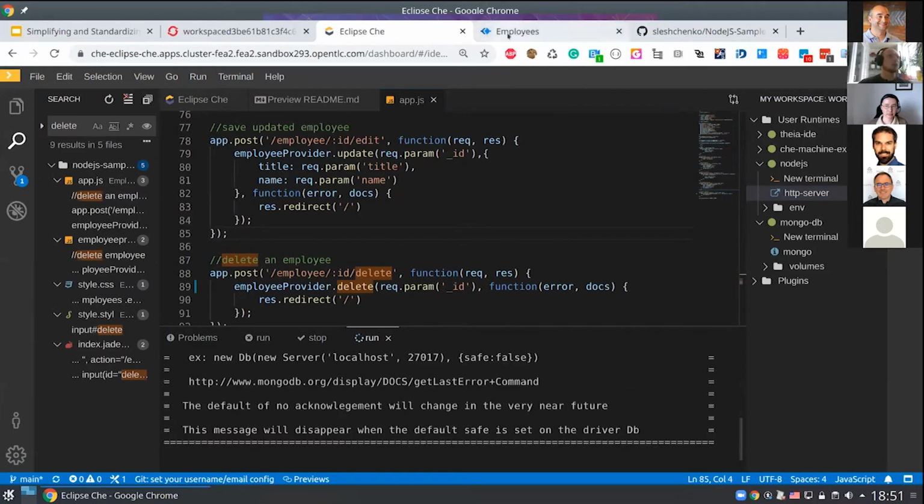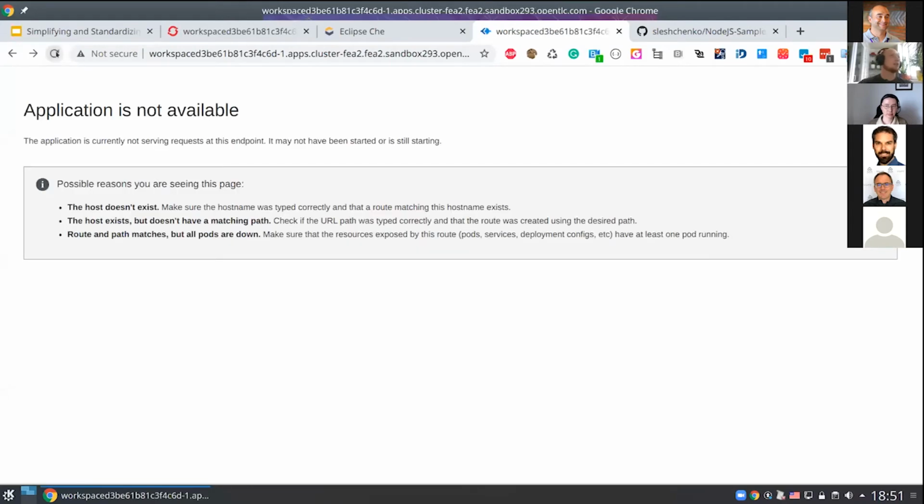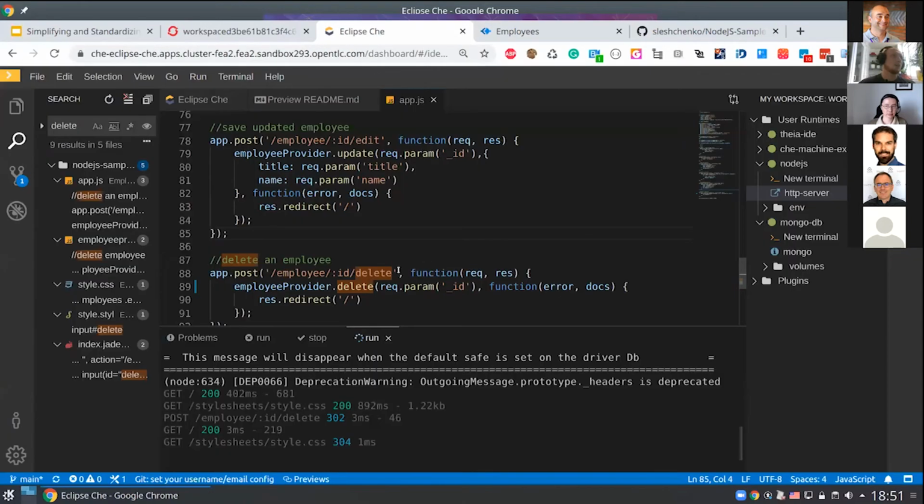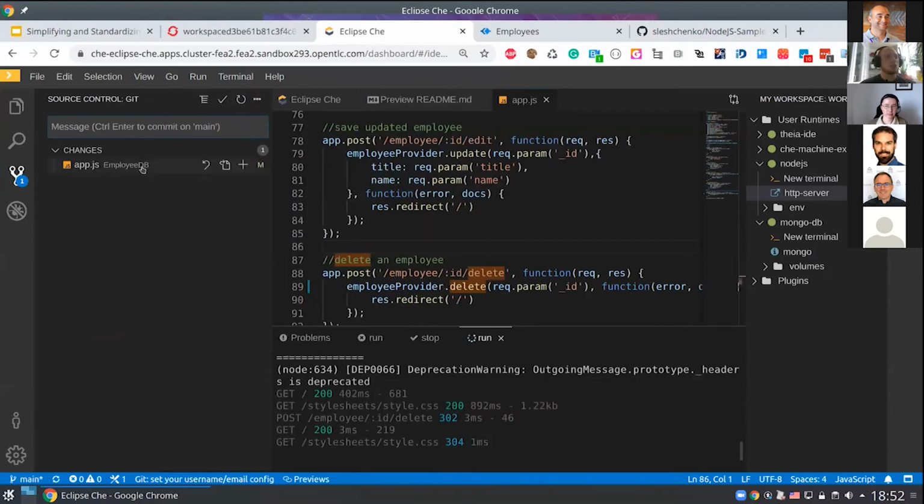Yeah, it's now restarted. We are returning to our application. We are refreshing a page just to wait until it's available. It's not, for some reason. No, now it's here, and yeah, let's try again to remove an employee. And we can see that this time it works. So we are sure that our bug fix resolves the issue, and now we are able to commit the changes, push